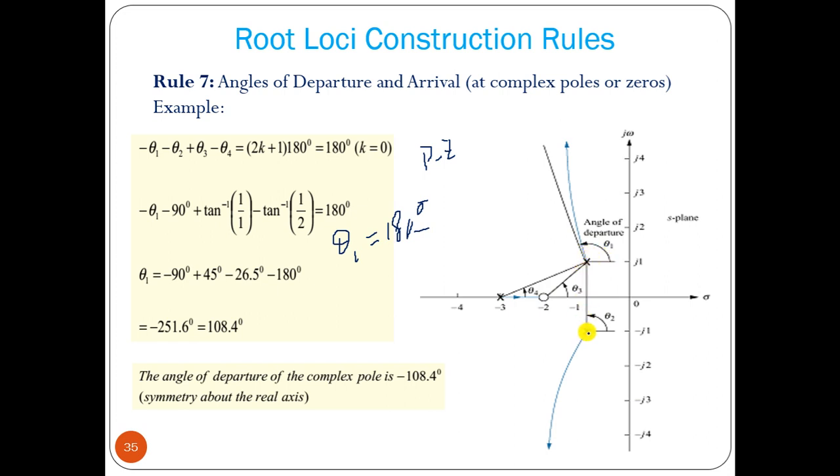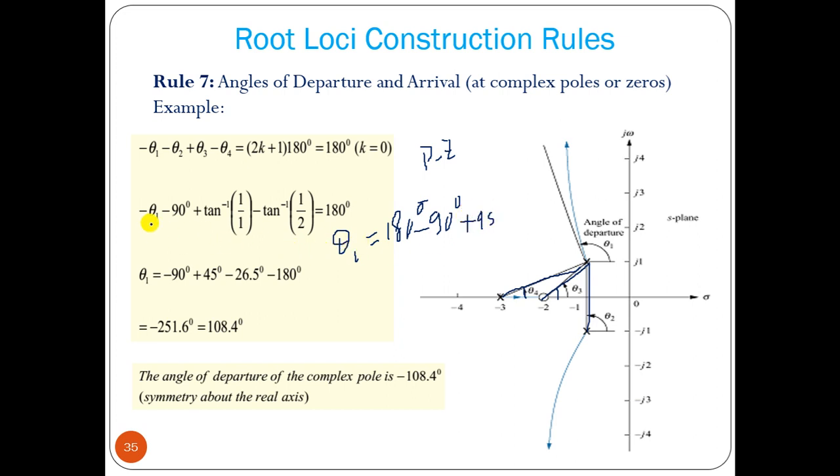the angle from this pole. Okay, what are the poles and zeros there? From that you have to find out the angle. This pole, this is 90 degree, so that will be 90 degree. Then from this zero, what is the angle that you have to find out? That is tan inverse of 1 by 1, and this angle from this pole is tan inverse 1 by 2. We get another. Okay, zero means plus, that should be plus.